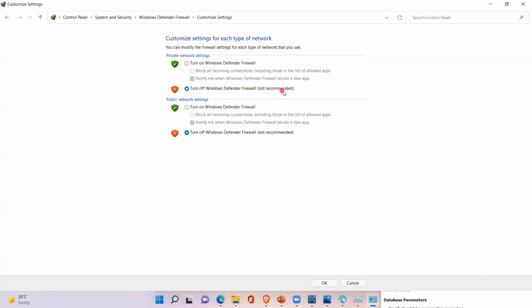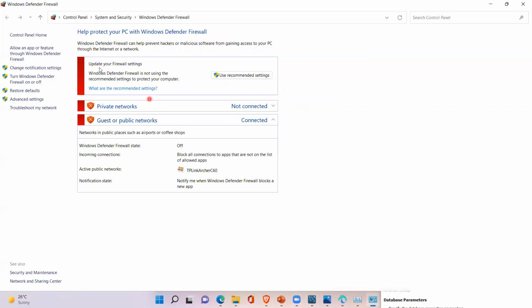It is not shown as recommended, but if you want to do this master-slave setup, you have to do this. Clear, guys? Yes, sir. Just click OK, so your firewall is turned off now. The Windows Defender Firewall state is now off.